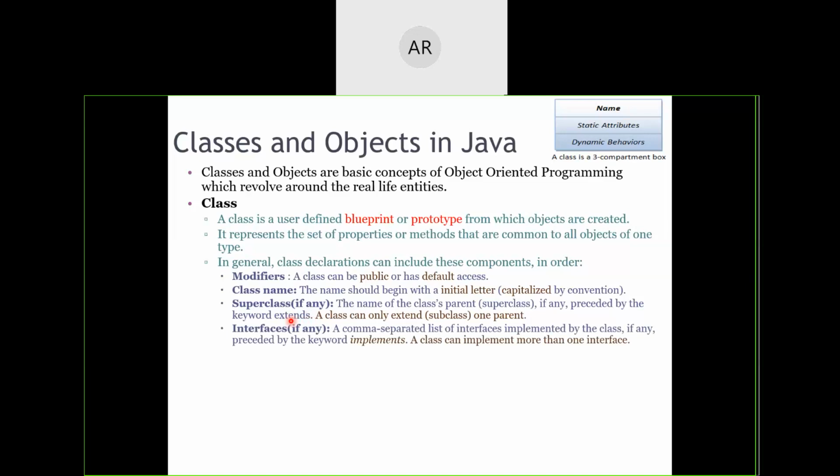Like other super classes, there may be some other types which are called interfaces. We will not call them classes because they differ in some way from the classes. If I am using some interfaces instead of super classes, then instead of the extends keyword, I have to use the implements keyword. Okay. Now, the remaining thing that should be there in the class is the definition of the class, which will start with a curly brace and end with a curly brace.